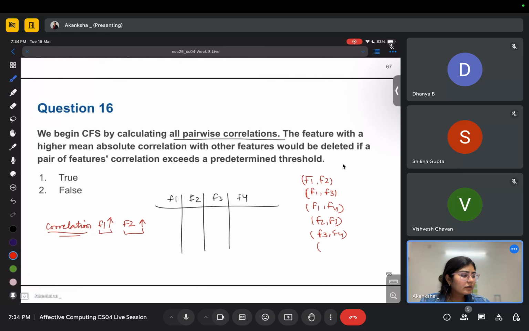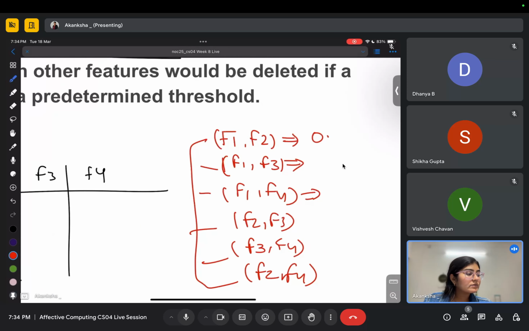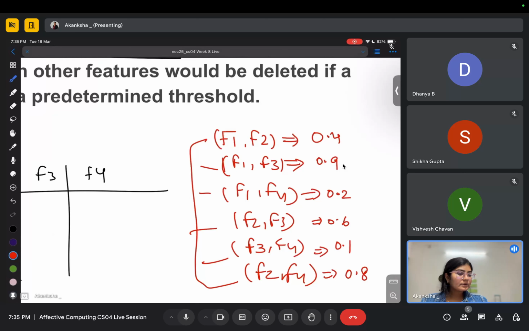f3 f4, f2 f4. So these are, let's say, all the possibilities to check whether the correlation is high or not. So let's say there is a score going on, so this gives us 0.4, and this is 0.9, 0.6, okay, 0.1 and 0.8, something like that. So now what we can do is see, and let's say my threshold is